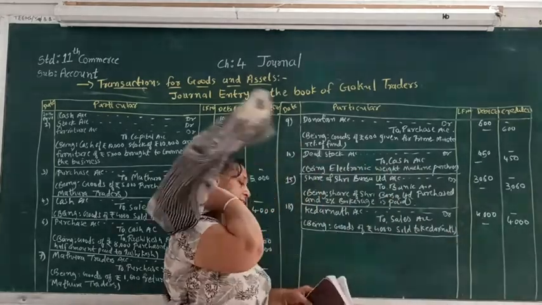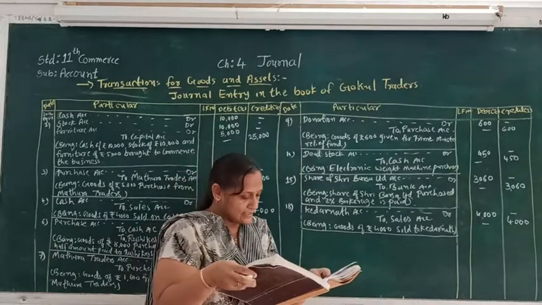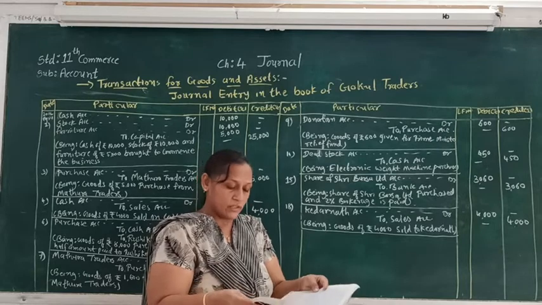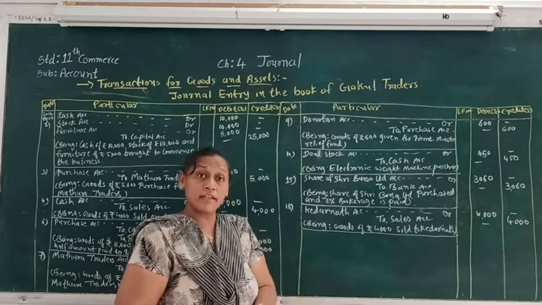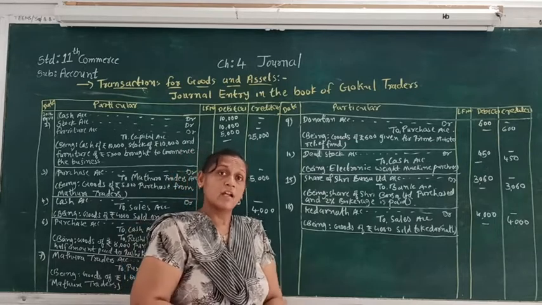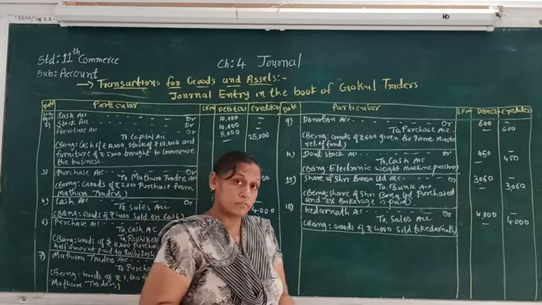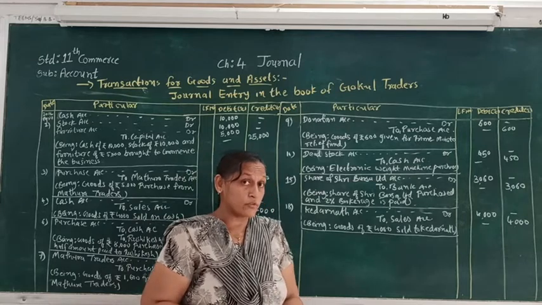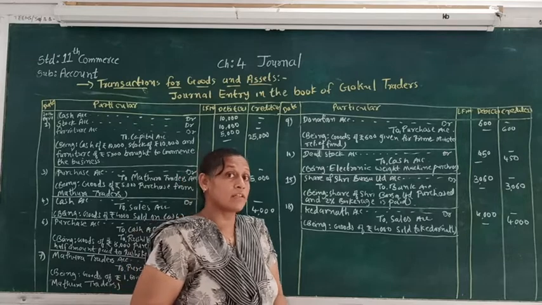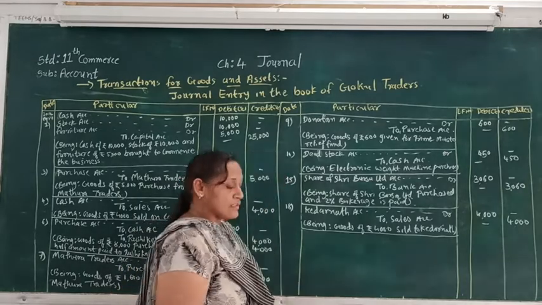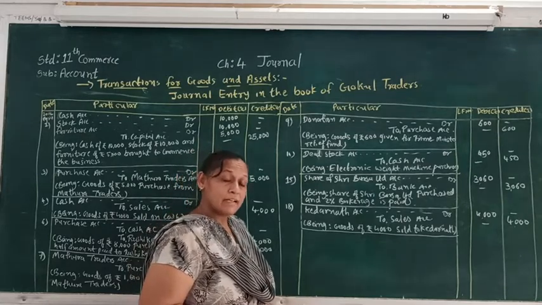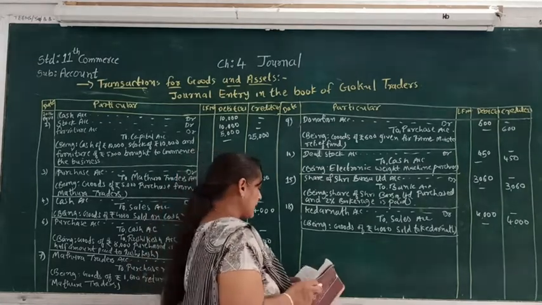Now let's see the next transaction. Next is a goods of rupees 1,500 destroyed by fire. So here the goods is destroyed by fire. So here there is a loss. So loss due to fire account debit to purchase account as the goods is going out of the business. So our journal entry will be loss due to fire account debit to purchase account, and the date is